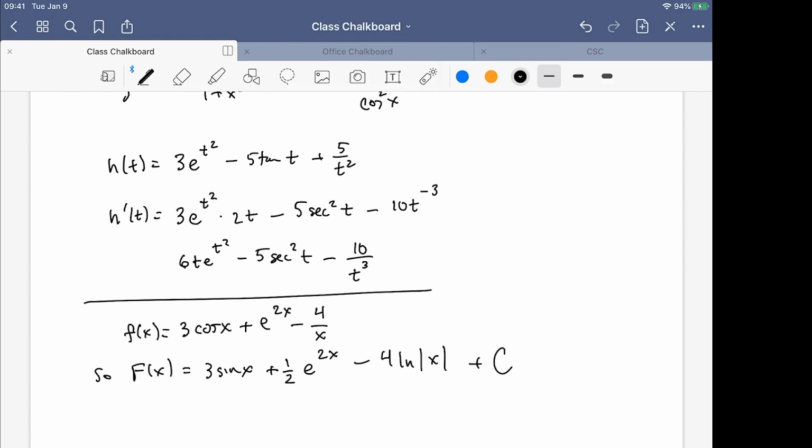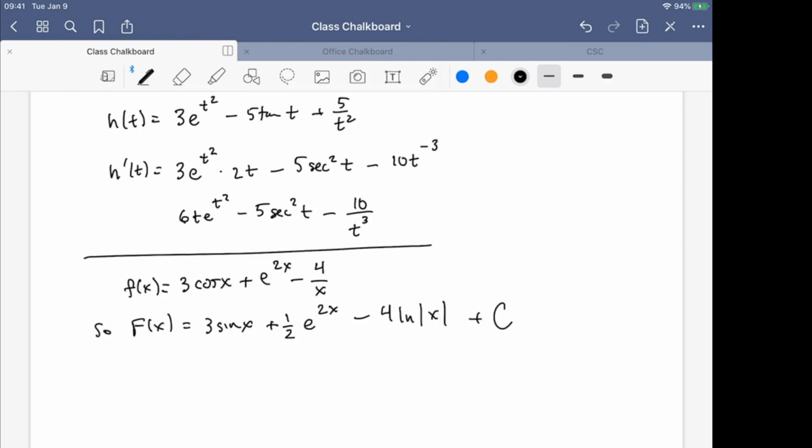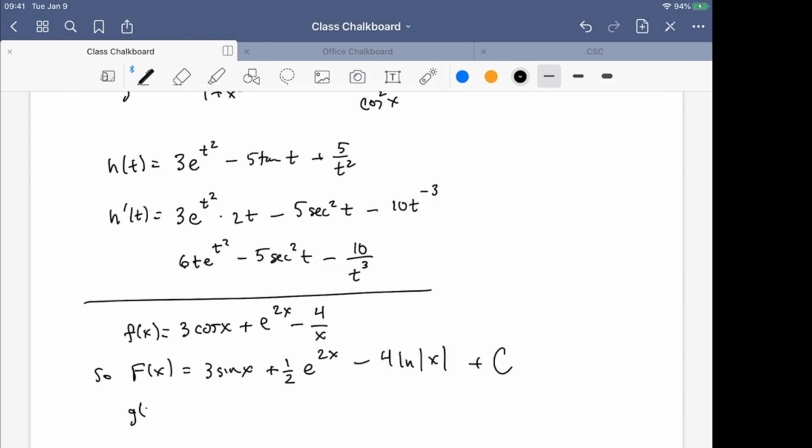And then let me switch back over to that, and our other function was secant squared